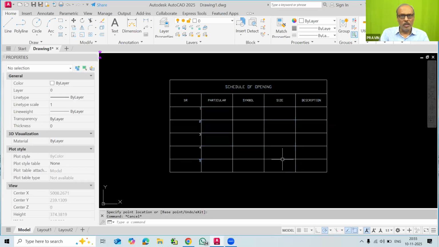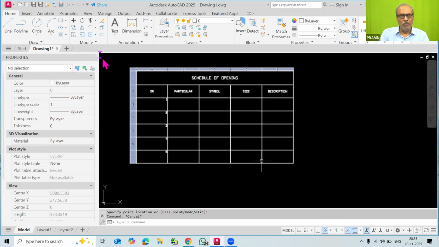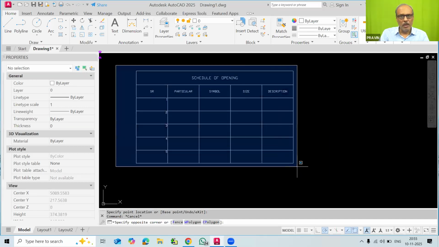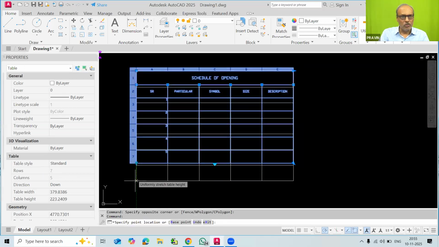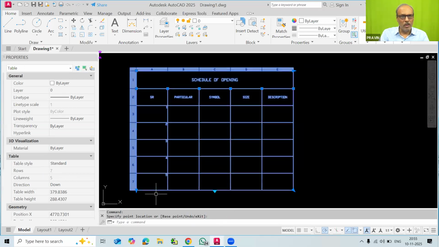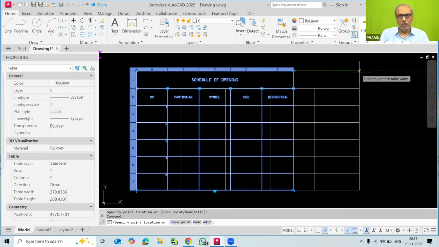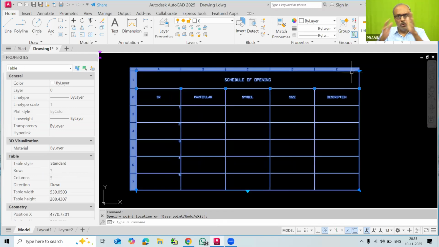So another way that we can also see. We will first select the table, and now we can just increase the depth. So this bottom control you can use here, or to increase the width, you have to use this top arrow. So you can just stretch the table in this. So in this way, you can resize your table size.